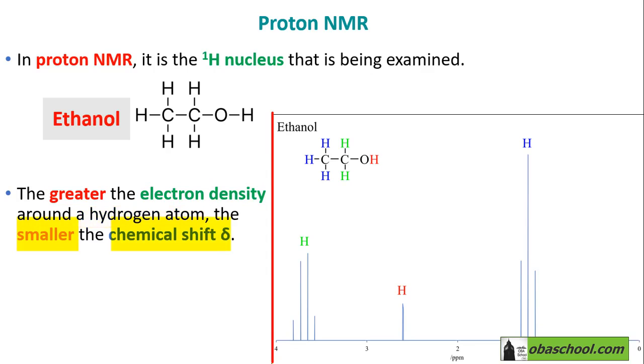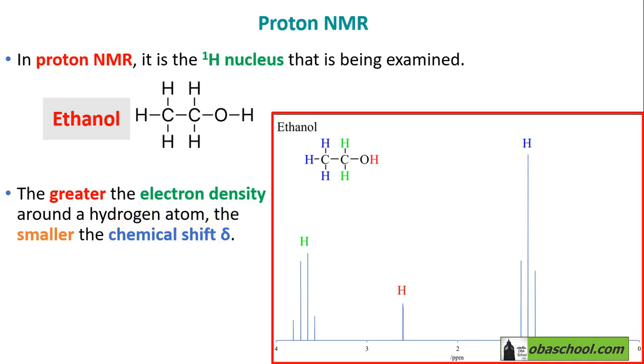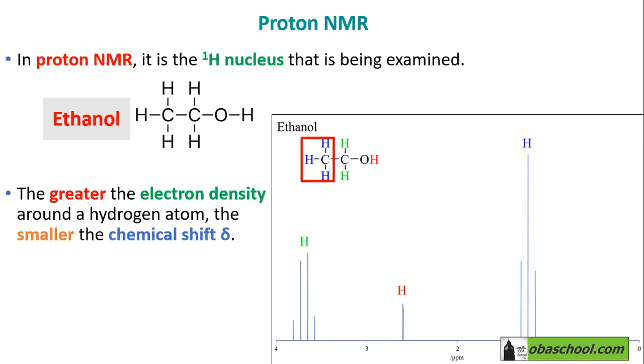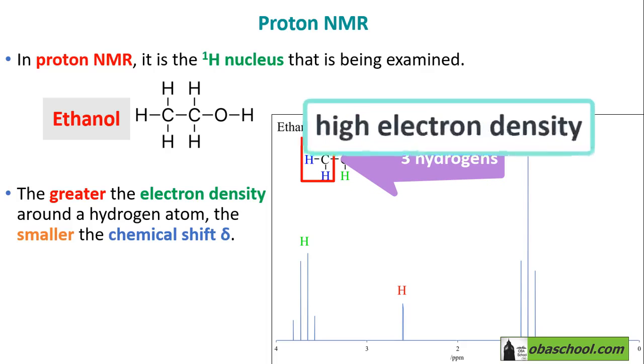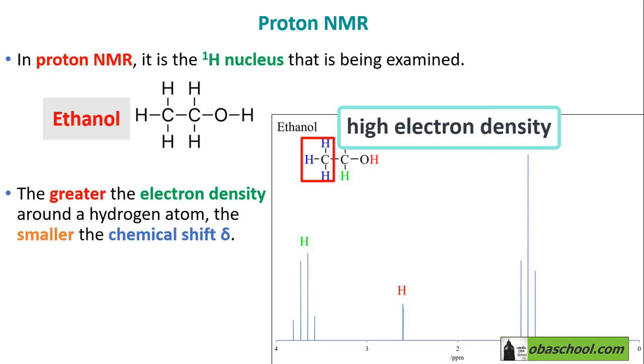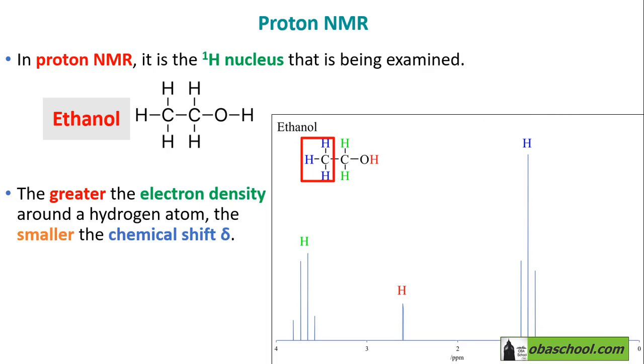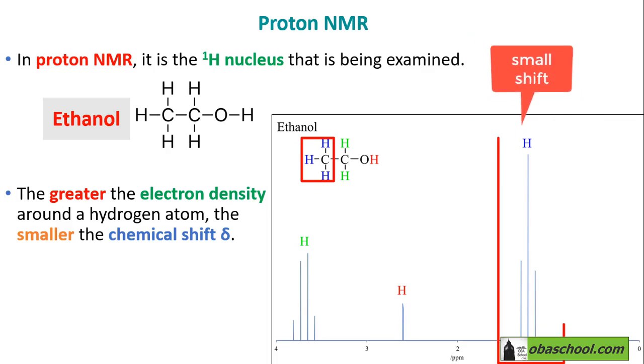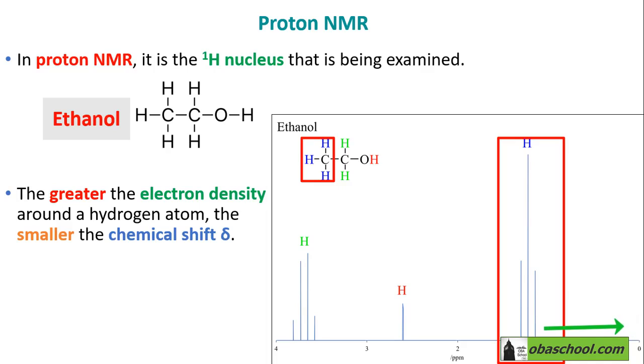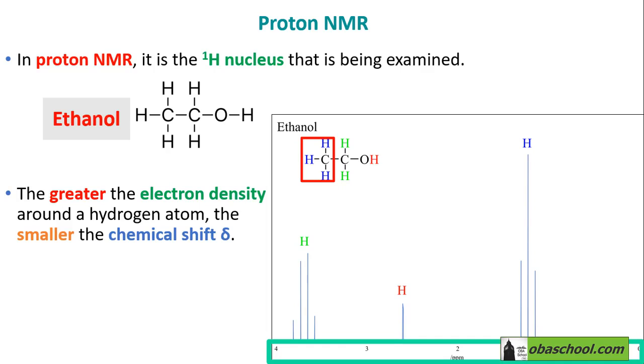So if we look here at an example of a proton NMR of ethanol itself, these three hydrogens that you see here and here, in this drawing it's in blue, these three hydrogens, they are around one carbon. So we have three hydrogens surrounding a carbon. So these hydrogens have high electron density around them, so you will expect for these three hydrogens to have a smaller chemical shift. And as you can see here, the chemical shift of these hydrogens are the nearest to the zero. They are around 1.4. And the values of chemical shift in proton NMR, they are smaller than those in carbon NMR, and they